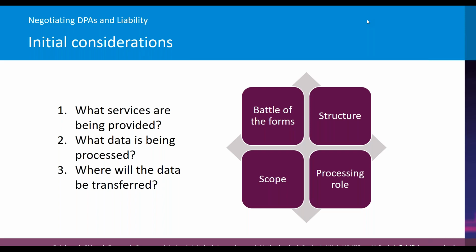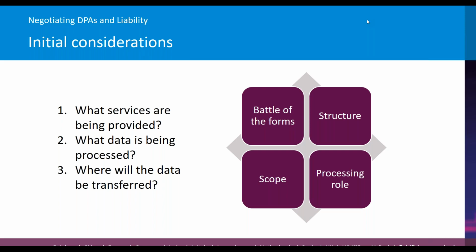The third box we've got there at the bottom, scope, that's a really fundamental question, something actually that Flip's going to talk more about later on. And when we're talking about scope of the DPA, we're thinking about both the material scope, what data is within scope of those terms, what data is going to be subject to those obligations, and we're also thinking about the territorial scope of the DPA. So where does this data originate from? What laws do we have to be thinking about? And therefore, what standards and laws do we have to apply to the data as well?